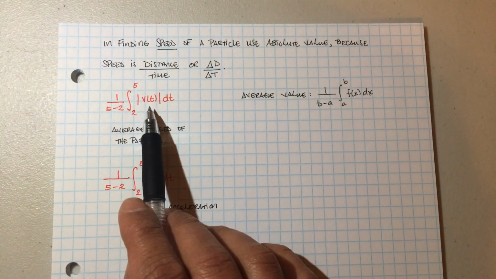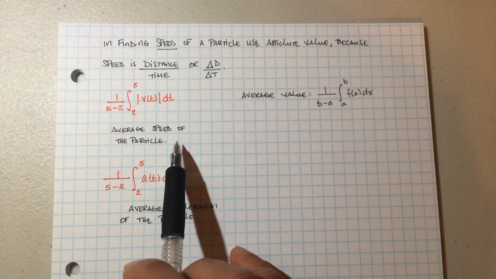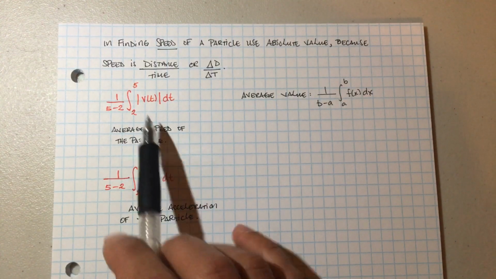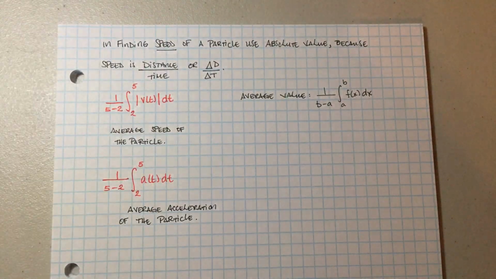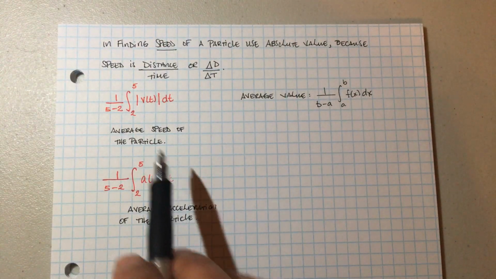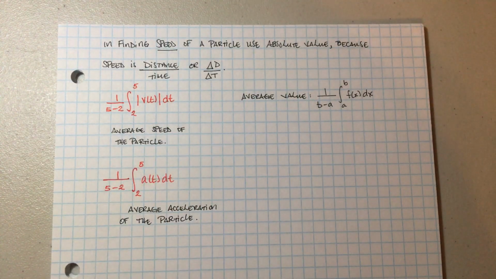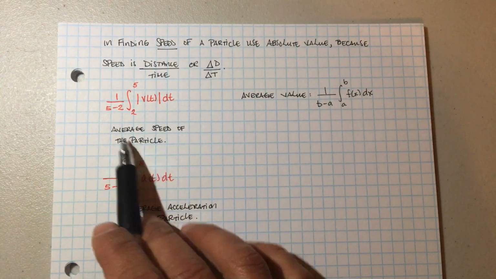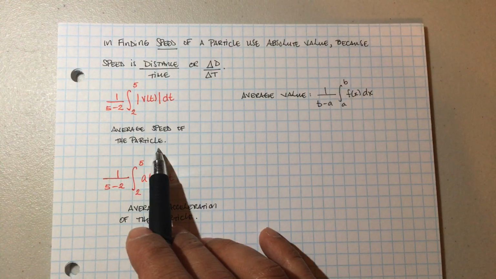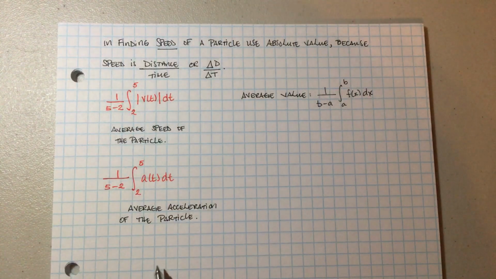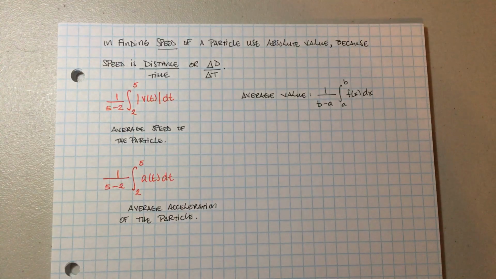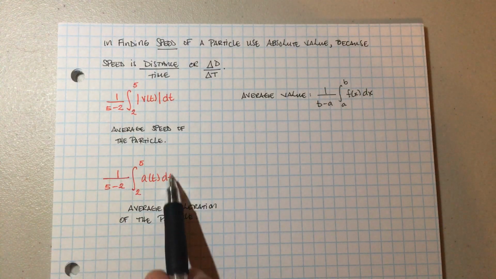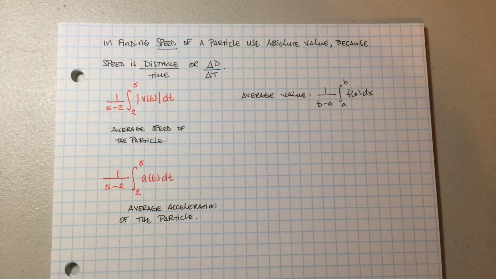And so when they ask you to find the average speed of the particle, you're going to use absolute value. If they say find the average velocity of the particle, you will not use absolute value. So for average speed of the particle, you're going to do absolute value. Average acceleration of the particle, same thing. Average, that's a key takeaway right there. You're going to use the mean value theorem, 1 over b minus a and the antiderivative of acceleration,